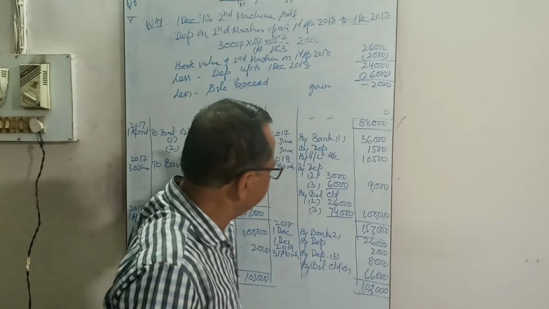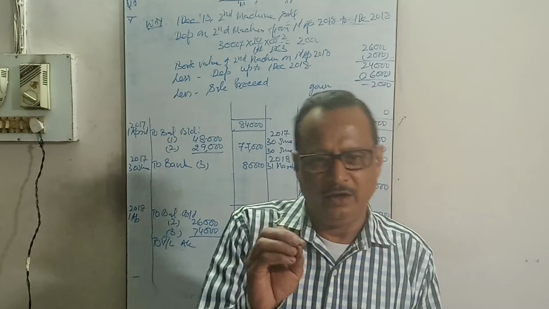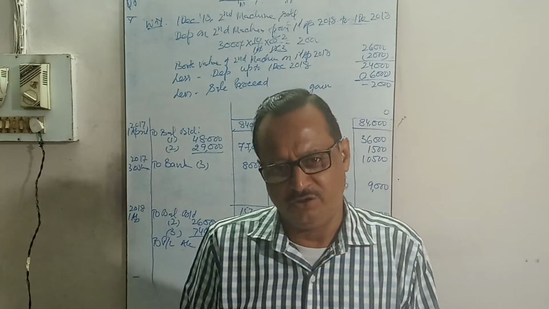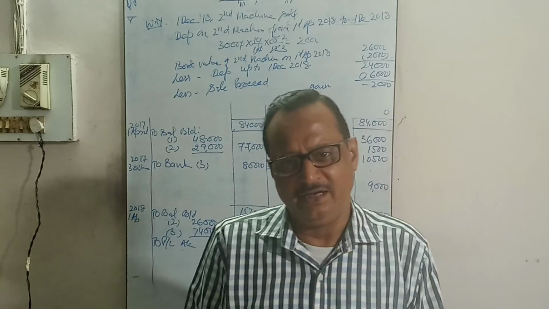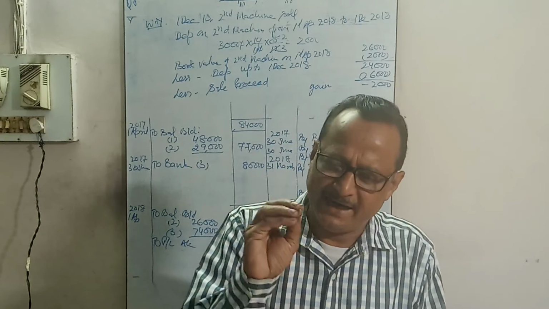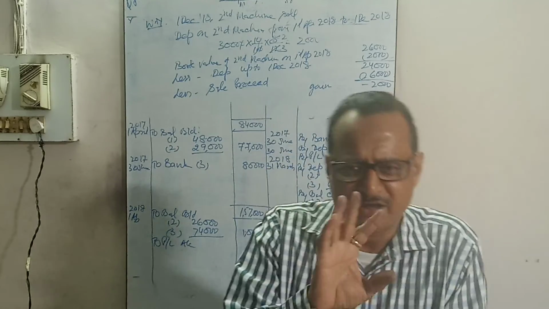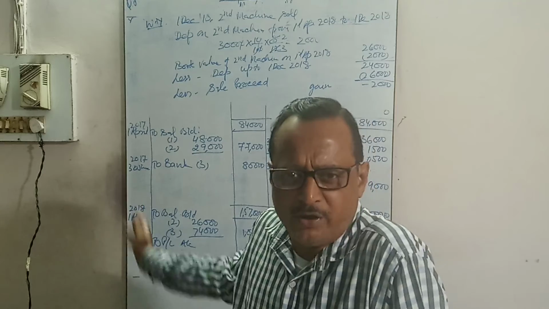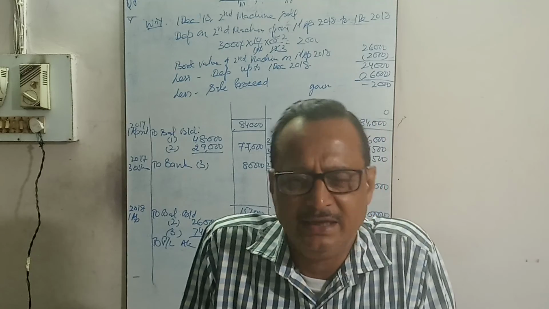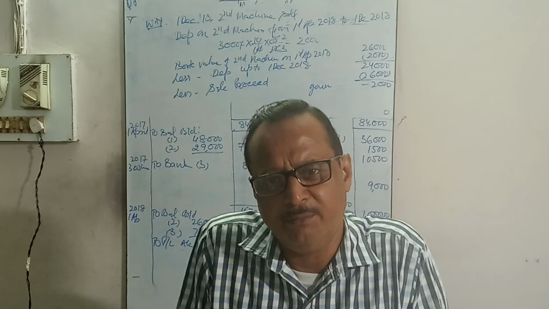Now do more practice on it. Then after you will learn how to solve it, how to present it, and how to calculate the depreciation. Now next we will study the method, second method, that is diminishing balance method. The journal entries are same, way of preparing the account is same, but the calculation is different in the diminishing balance method. The next class we will study how to charge depreciation under the diminishing balance method.